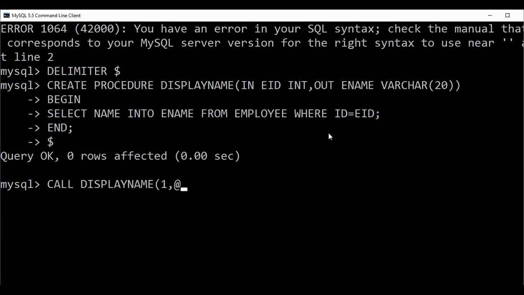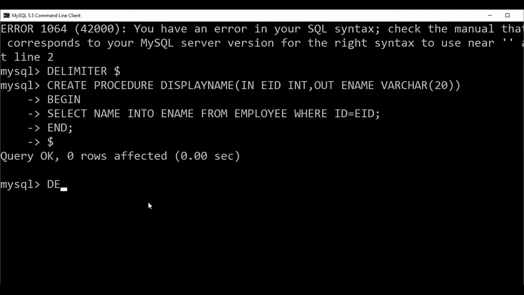And here, since it is returning ename, you can hold this by using any variable. Let it be n. So what is n here? N is a variable that is holding the value returned from the procedure, returned from the out parameter. So here the out parameter is name, and the value present in ename will be assigned to it. In this way you can pass an out parameter while calling a procedure. Okay, now what is the delimiter? I have not changed it, so I'm putting the same delimiter $. Or I can change the delimiter first.